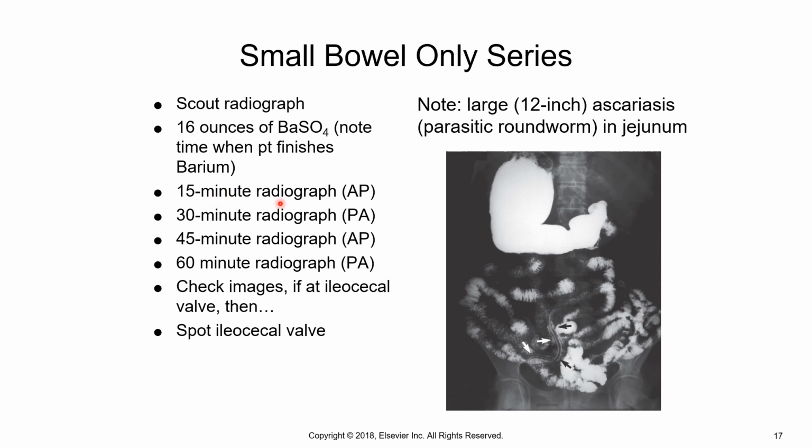So if you started the 15-minute PA, you would do the 30 AP, 45 PA, 60 AP. It does not matter how you start them as long as you flip-flop between images. So regardless, we do 4 images 15 minutes apart, and after those 4 images are done at 60